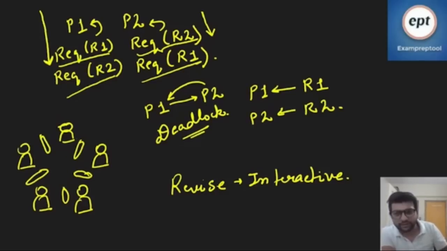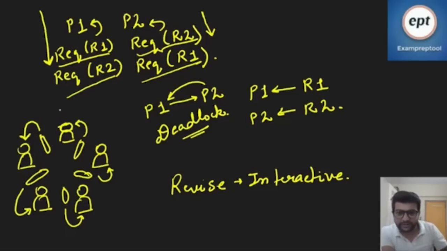However, this particular philosopher picks this particular fork. This philosopher picks this fork. This fork is picked by this philosopher. This fork is picked by this philosopher. This fork is picked by this philosopher. Right? Now, this philosopher